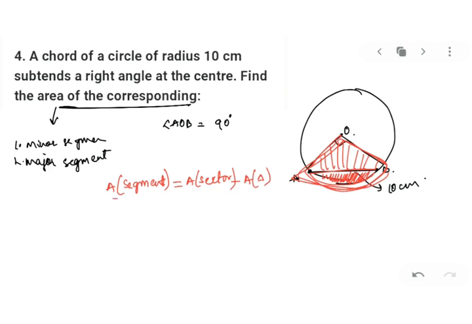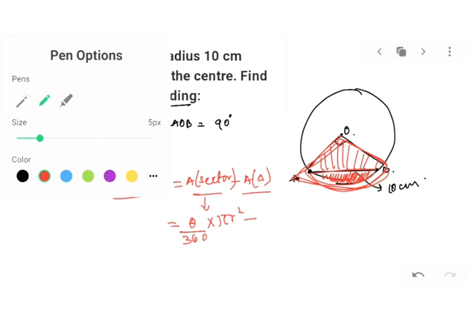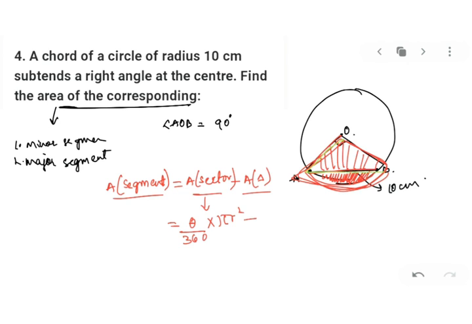Now for the area of segment, you need the area of sector and you need the area of triangle. What is the area of sector, my dear kids? We know very well, it is theta upon 360 into pi r square. And what is the area of triangle? This triangle is a right angle triangle. For that, area will be half into base into height. Now base is AO and height is OB. You can take vice versa, height AO and base OB. No worries. But both the things are missing out.